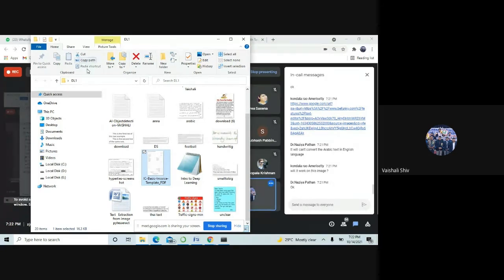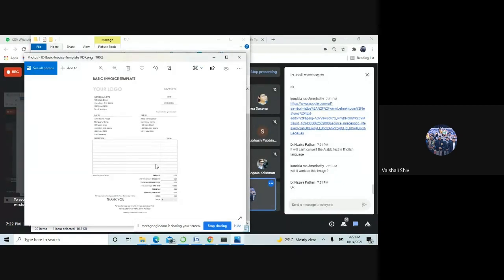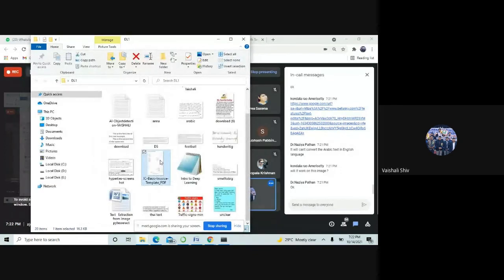So it is going to extract the table also, but the thing is, for however many lines there are, it will show you slash n. So this is the invoice, and we are going to see how it will read. It will read everything, but slash n will be there.